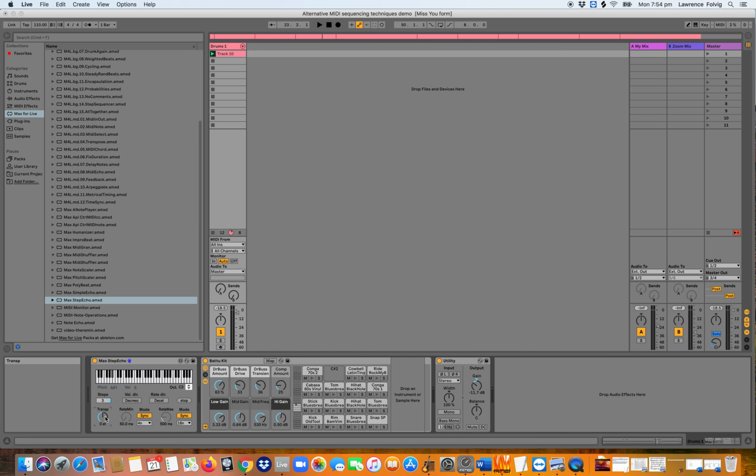So that's the amount of repeats. The transpose, I'm moving around. And the minimum and maximum values, I'm going from 4th notes to 16th notes. Now you can also play around with the milliseconds, but you have to play around a little bit more with the feel of things. So let's say if I do this, if I play it,